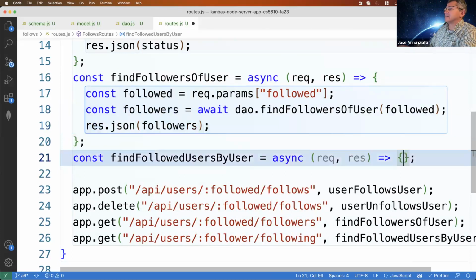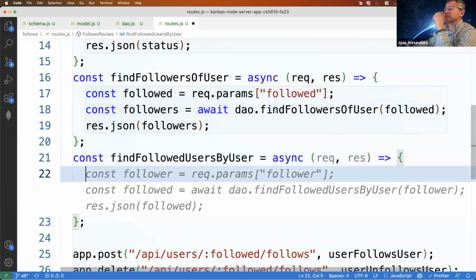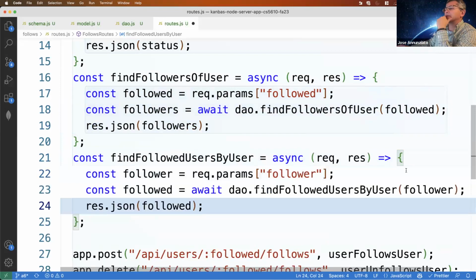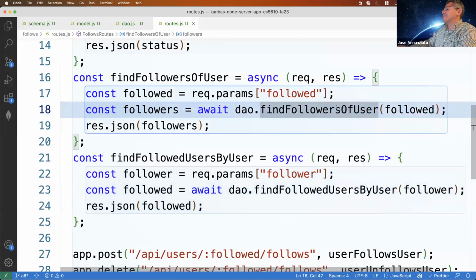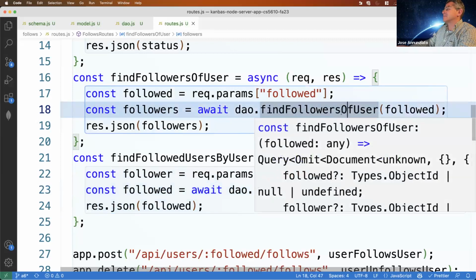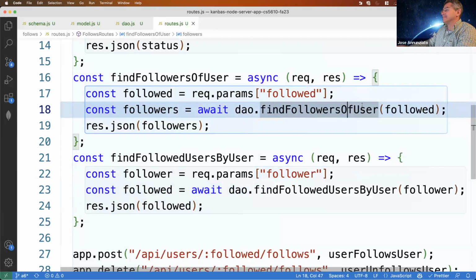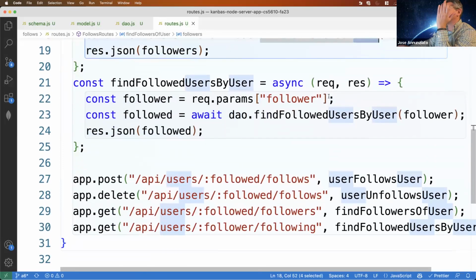And then the other one is kind of the inverse, right? We retrieve the follower, and we retrieve the people that are being followed by this follower, right? Maybe a better name for this would be find followers of followed, without user. Yeah, I think that would have been a better name.